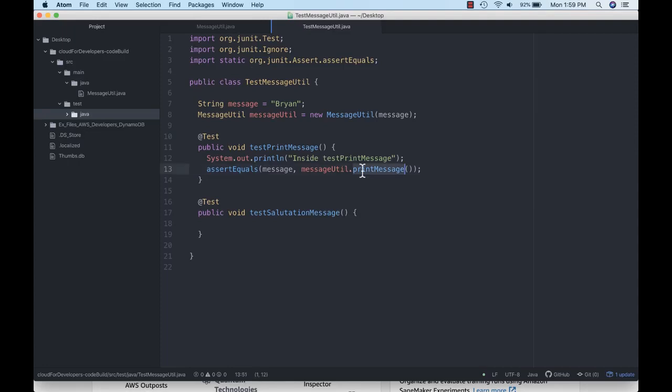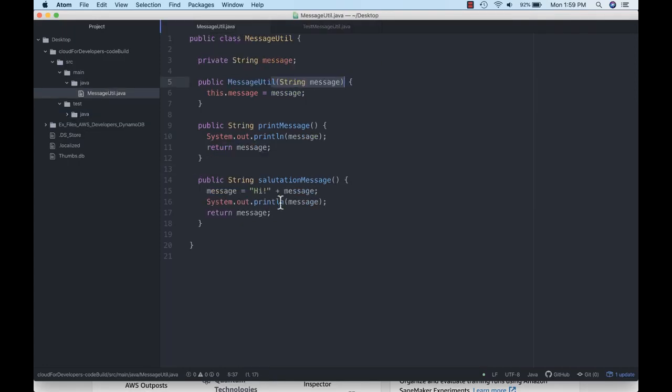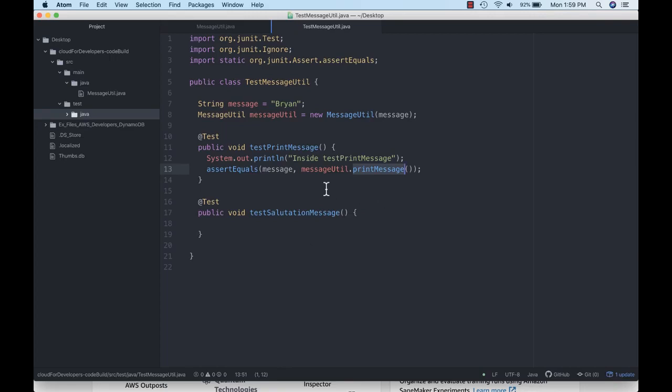So if you remember our print message, the return value of our print message was our internal variable that got set during the constructor phase of things. Okay, so we're just asserting that those things are equal. Okay, and then our next test will be system.out.println inside